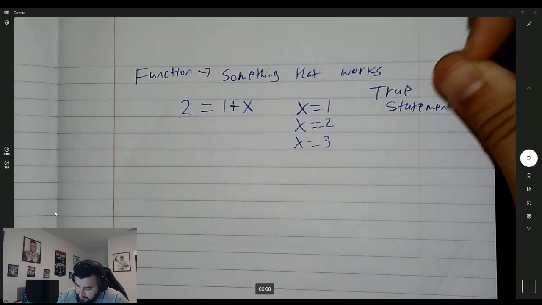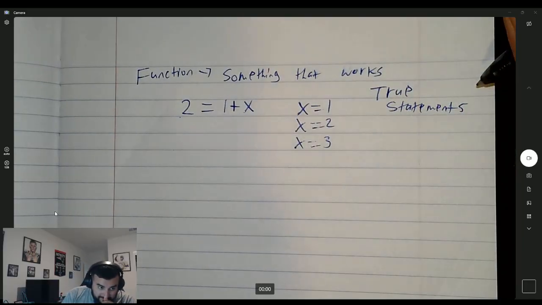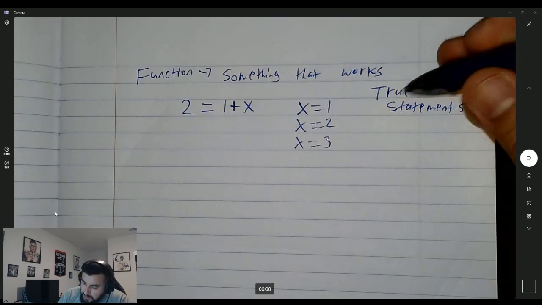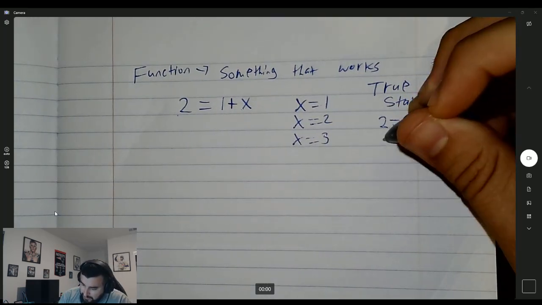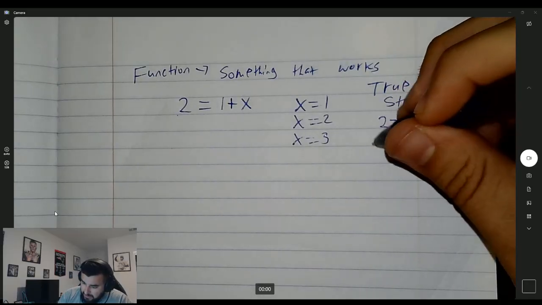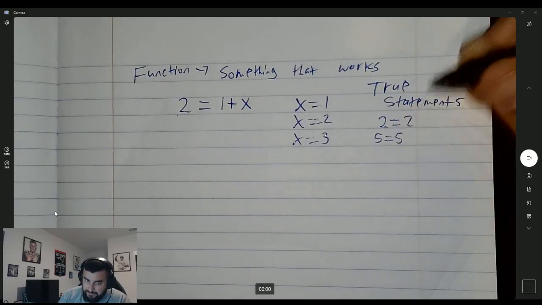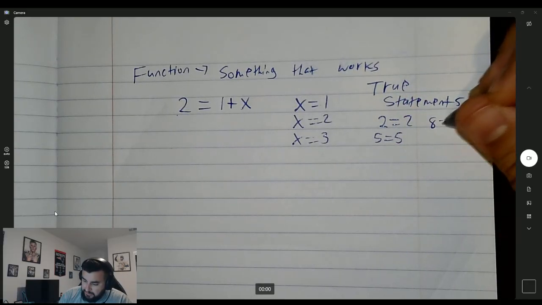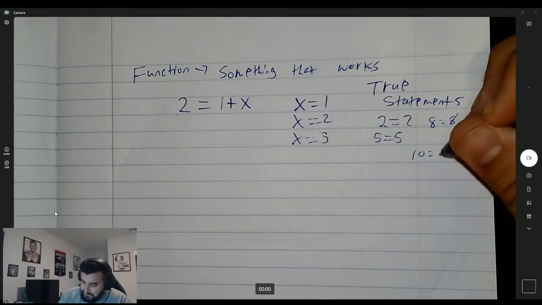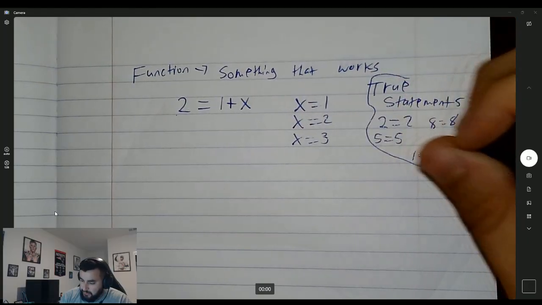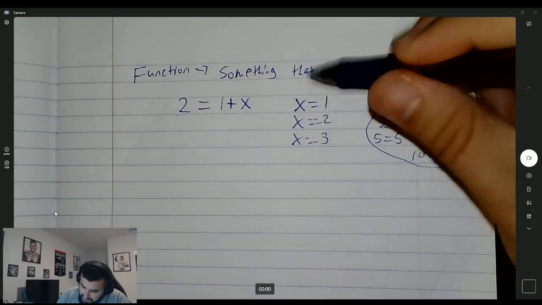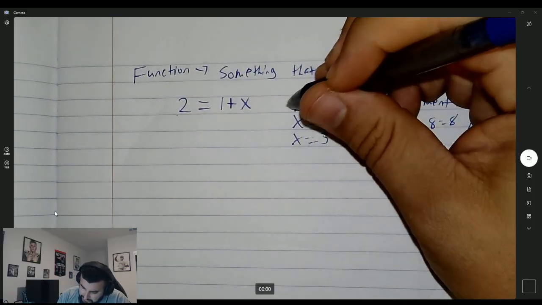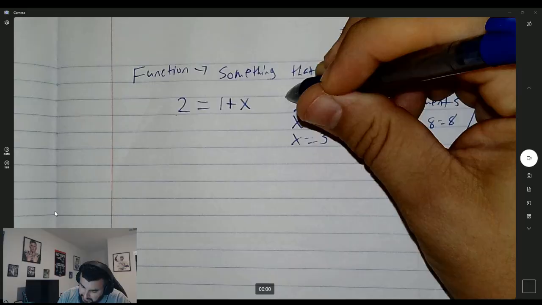And just kind of how we talked about the no solution, infinite solution, one solution thing, a true statement usually looks like this. 2 is equal to 2 because 2 does equal 2. 5 is equal to 5. 8 is equal to 8. 10 is equal to 10. So these are all true statements. Okay? And so now I'm going to test which one of these equations, or actually,